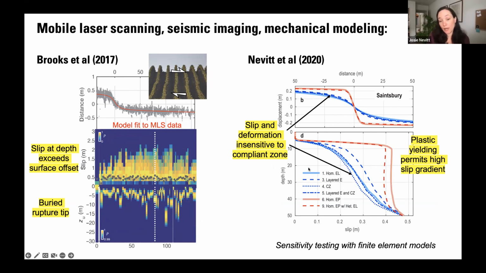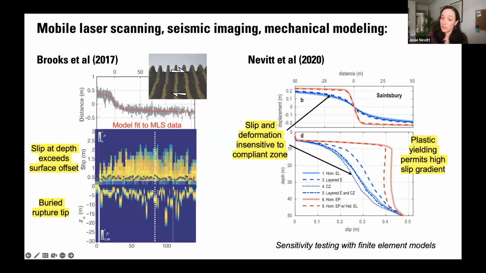And what we found was that both the slip distribution at depth and the deformation observed at Earth's surface were relatively insensitive to the inclusion of a compliant zone around the fault. So that's this blue stippled model compared to the homogeneous elastic model, which is a solid blue line. We also found that,